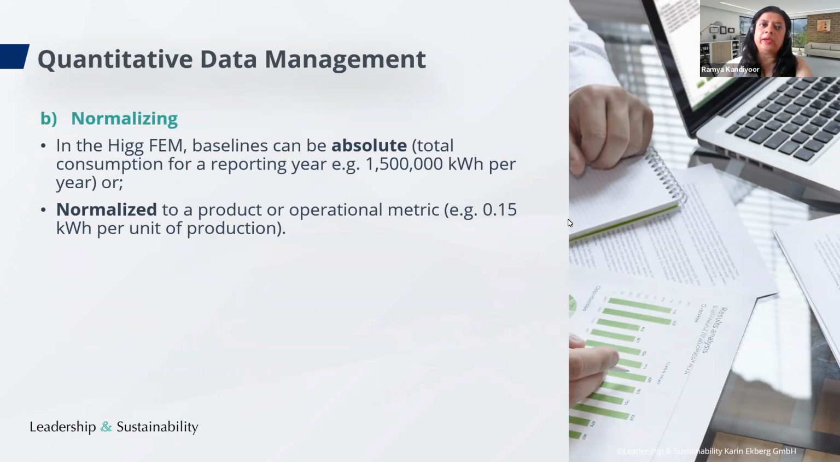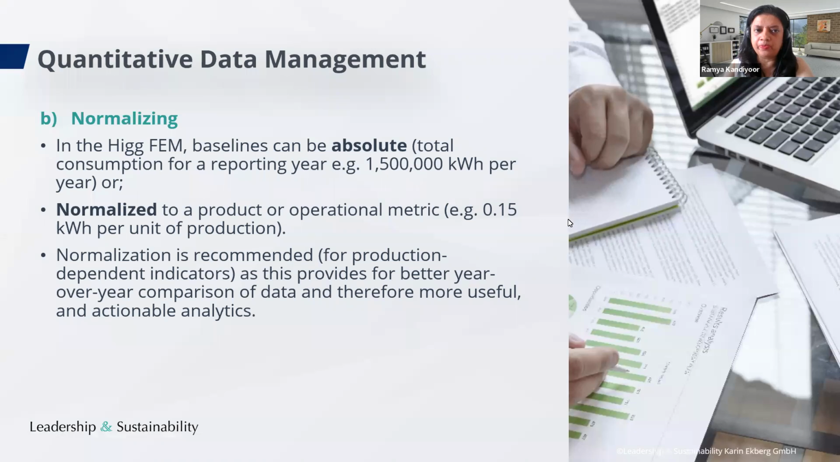So normalizing, again, is the second part of the quantitative data management, which is important. So in Higg FEM, you can have your baselines as absolute baselines, or you can have them also as normalized baselines. So as an absolute baseline, you will be reporting the exact figure. For example, here 1.5 million kilowatt hour per year, which is the actual value for that entire year. Or it could be even normalized to a variable metric that you want to choose. So in this case, if you want to normalize it, you could perhaps say it is 0.15 kilowatt hour per